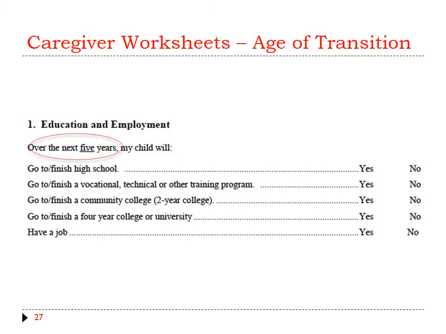Even at the age of transition, the planning guide provides questions for the parent or caregiver to answer about their expectations. The questions address key activities that support their child's independence, including those for early transition related to insurance, SSI,